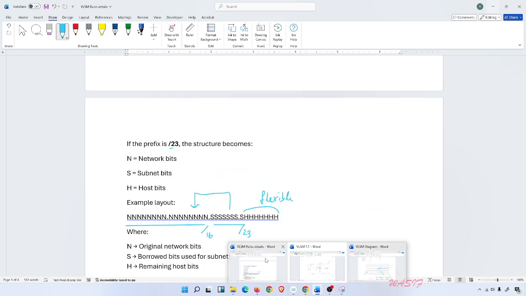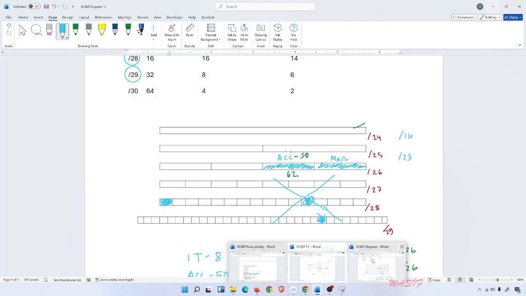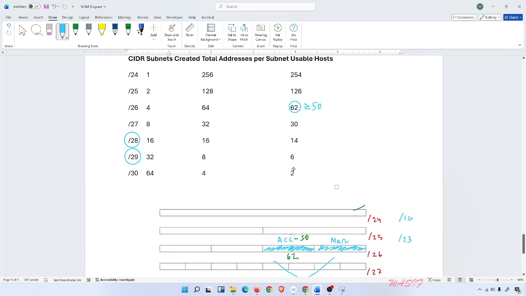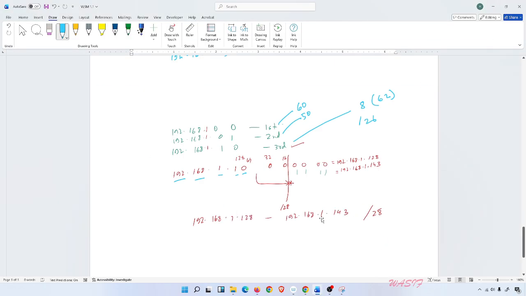If you come to the table here, if you look at here, if I make it /28, I will have 14 IP addresses. Okay, 14 usable IP addresses. So why don't I take it /28? Isn't that what VLSM is? So we will make here